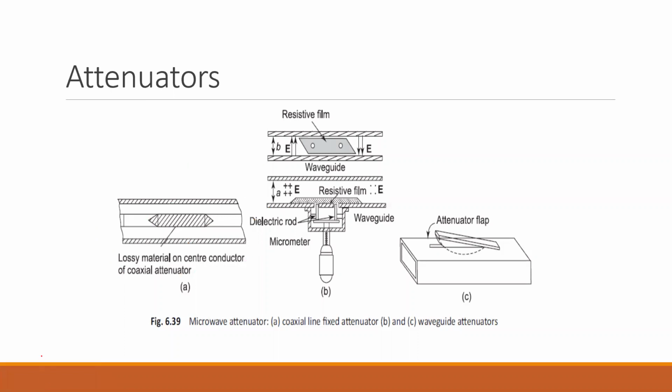Now in some cases we have a variable kind of attenuator, in which you can observe there is a resistive element specified, a resistive film. These resistive films and elements basically help to introduce the attenuation. That is, they reduce the strength of the signal which is being passed through them. In this case you can see that there is an end which is tapered in this form. That is, there is an angle which is provided.